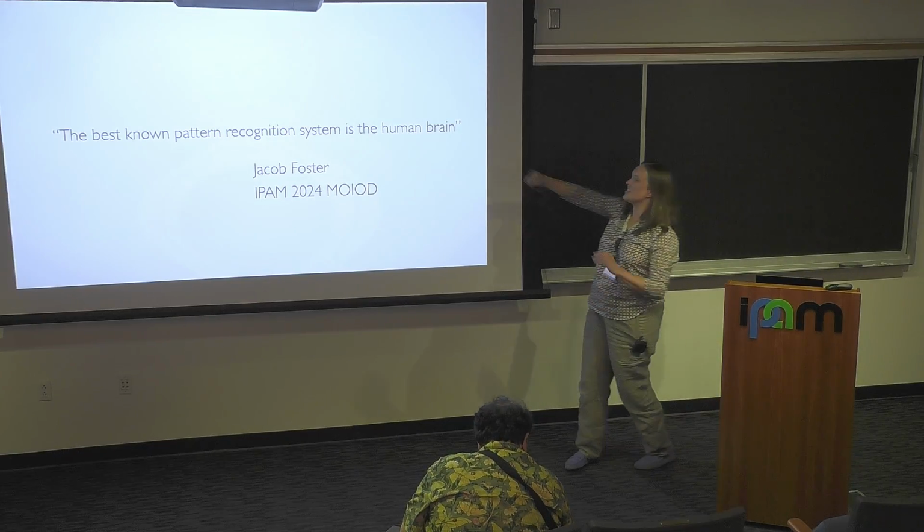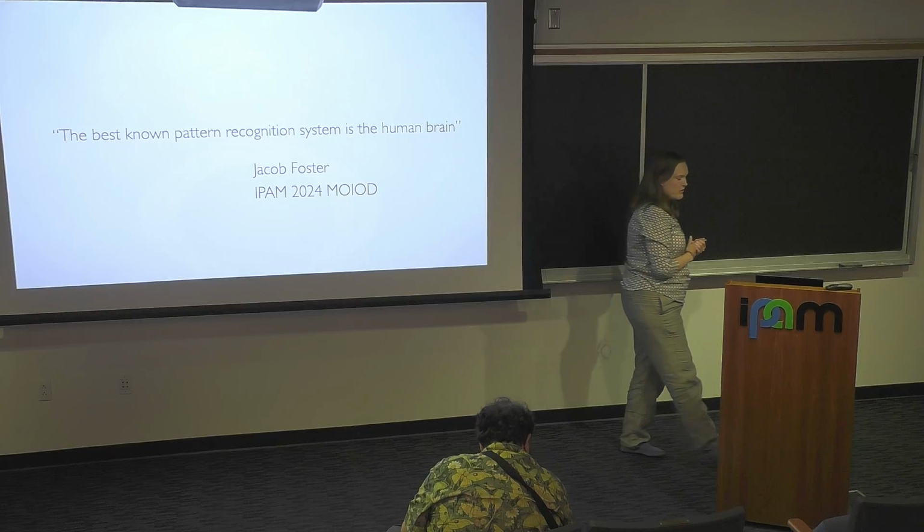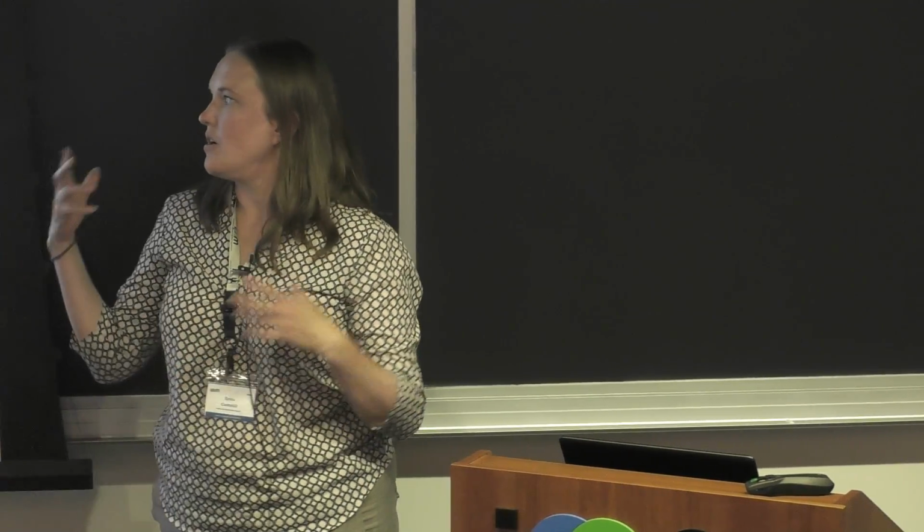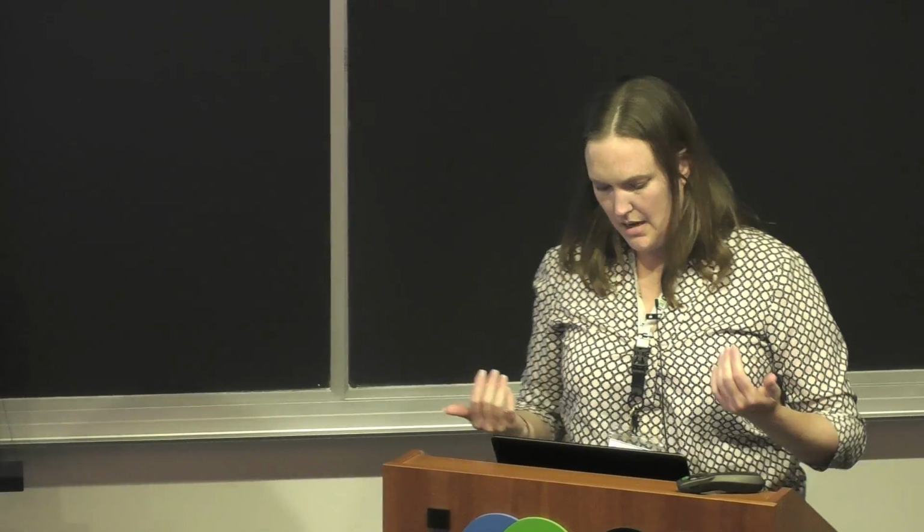say that certainly that might be the case when compared to computer vision, when compared to AI, but humans as a pattern recognition system are merely one example of many, many different species, all of which have evolved to recognize patterns in their environment. And I think the point is that evolution is a very good optimizer of certain kinds of calculations. And I just want to show you an example